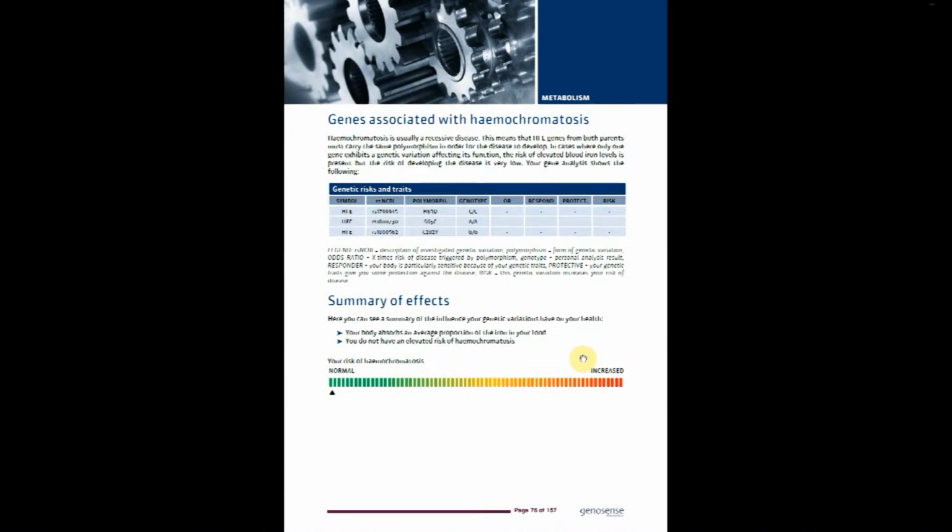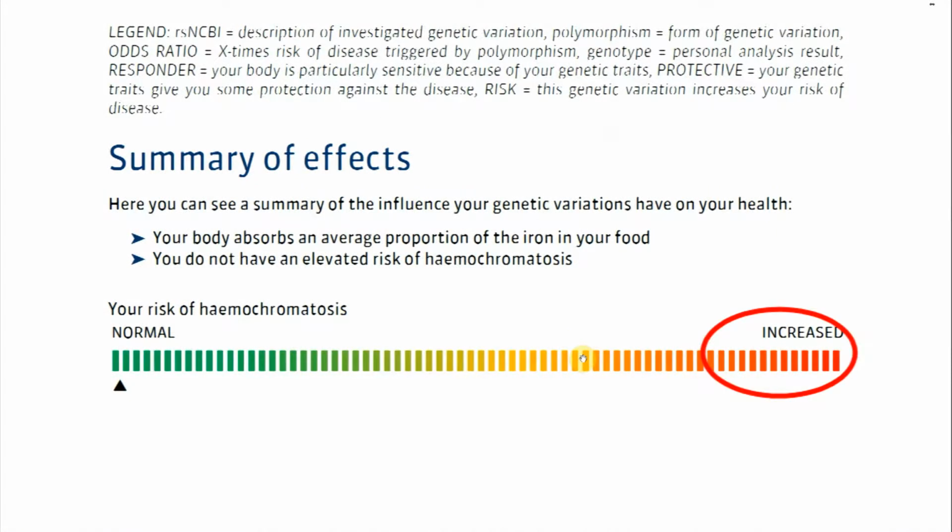It's also quite common, and it's caused by a genetic variation. And this means that, here you can read up on it, this disease is one gene, and there are 3 different genetic variations that might occur that cause this disease. And if you have a higher risk, then your risk of hemochromatosis would be higher here. So you would have an arrow here, which would mean that you should avoid food that has a lot of iron. It also means you should, as prevention, and that's a very nice way of doing genetic disease prevention,